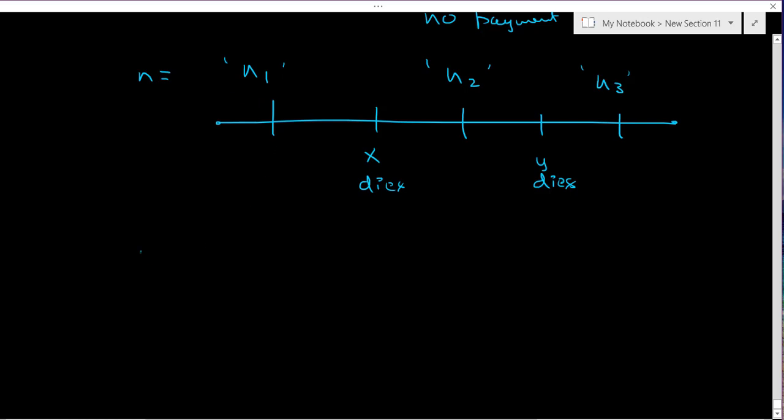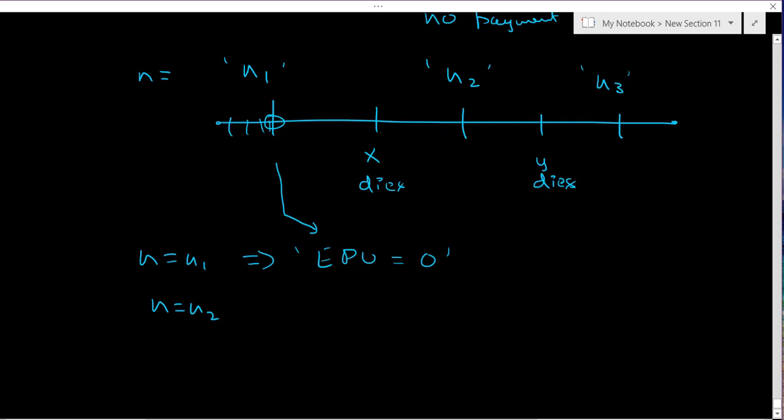So in case n is equal to n1, EPV would be equal to 0, because there would have been no payment, because x and y both are alive here, so I cannot make any payment. Since n1 ends here, I cannot make any payment, right? So that makes sense. So EPV would be equal to 0. That's one condition. Now, if n is equal to n2, if I consider this case here,